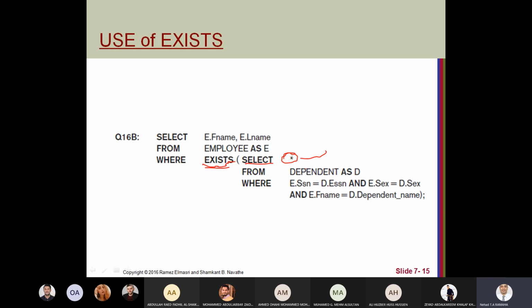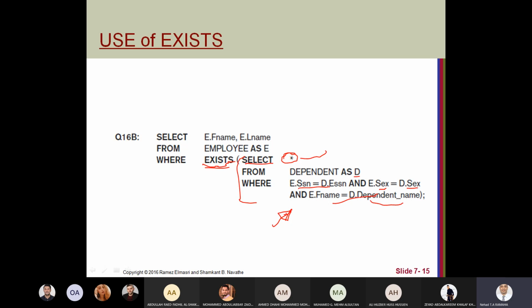Select all attributes. Okay, select the star from dependent D where ESSN, and you know what this is doing. Yes, this returns values when we have an employee with the same first name as the dependent name and the same sex as the dependent sex.